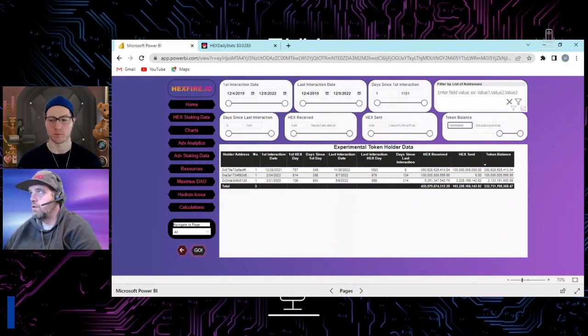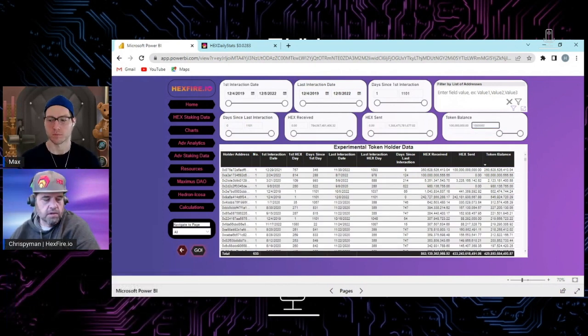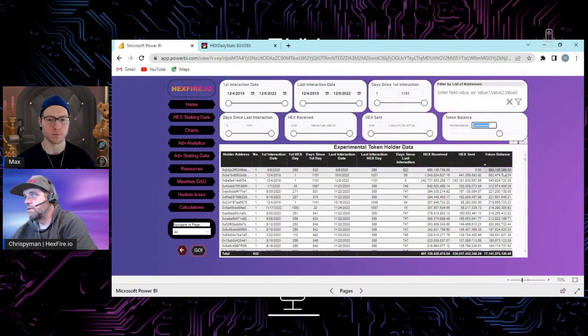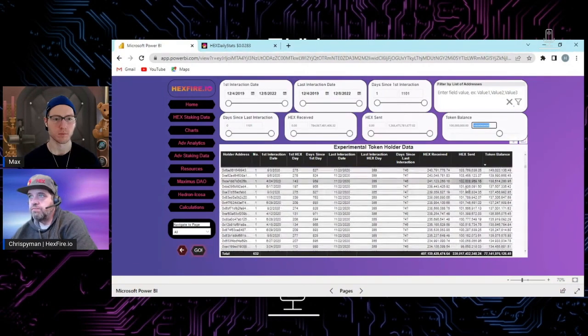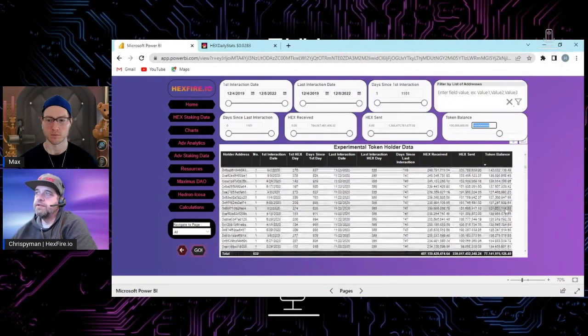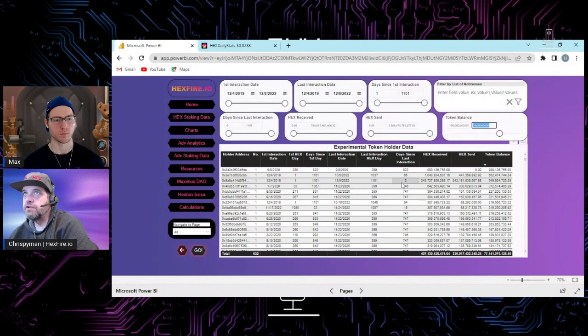So if you wanted to go look at whale addresses, you could do that. And look at 100 million to 1 billion. So these are all the addresses with a token balance of between 100 million and 1 billion. So there's 652 of those. So you can kind of go through that whole list. A lot of these probably are daughter addresses. But what it starts allowing you to do is to look at these ranges and show me things that haven't interacted since the beginning of HEX.